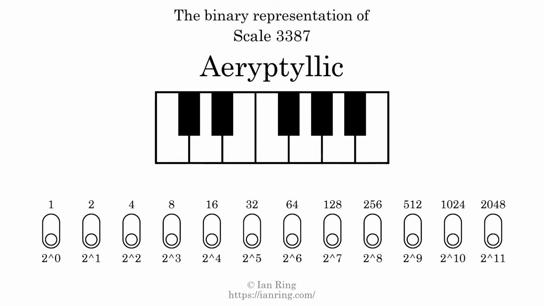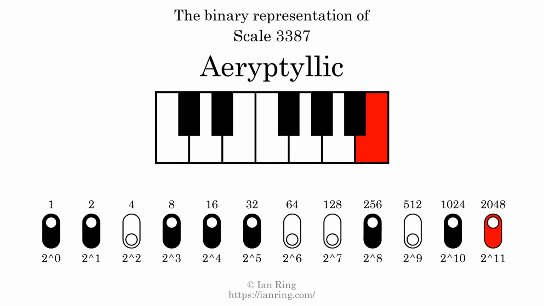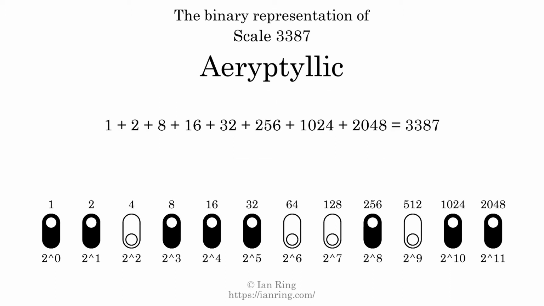The binary representation of this scale is determined by mapping tones of the scale to binary digits. Each binary digit represents a power of 2. To get the scale number, we add the powers of 2 together. The powers of 2 that are present in the scale, all added together, equals 3387. That is why the scale number, in decimal, is